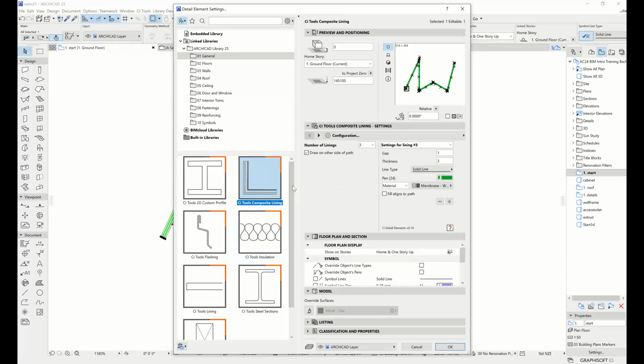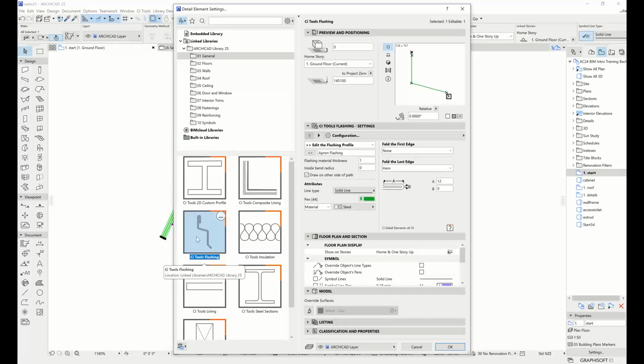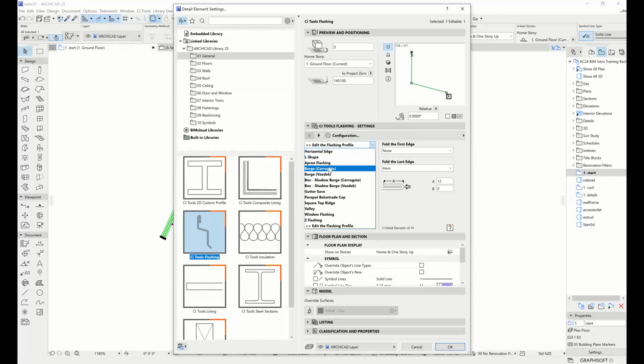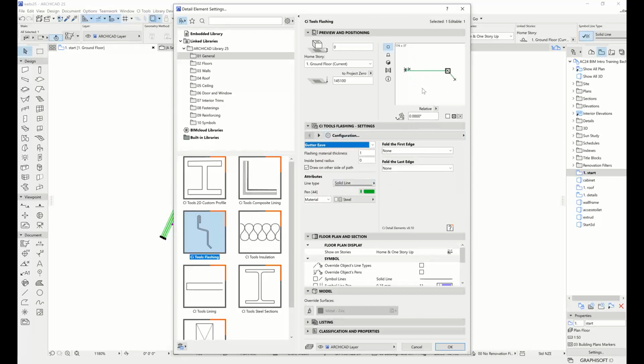And then the last of the new ones in here is CI Tools flashing, which works kind of in a similar way to the composite lining actually. So you come in here and you can have it draw up the shape that you want using one of these flashing profiles that are built in. We've got a handful of them in there that we thought would be useful, but we are open to making more of these if you have other suggestions for things that might be useful by default. So you can come through here and then just grab the profile type that you want